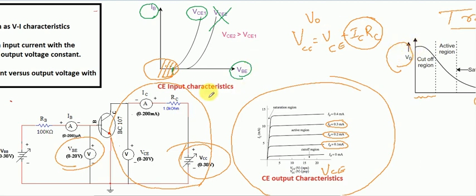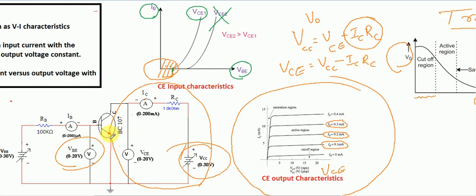But when the applied input voltage is more than that particular value or knee value, the transistor slowly switches on to the active region, and it allows current to pass through. You can see in the input characteristics that after that voltage, current starts flowing through the transistor. That is, the transistor is active. Then there will be current in all circuits. IC also will be there. Then what will be the output? VCE is equal to VCC, the biasing voltage, minus ICRC.